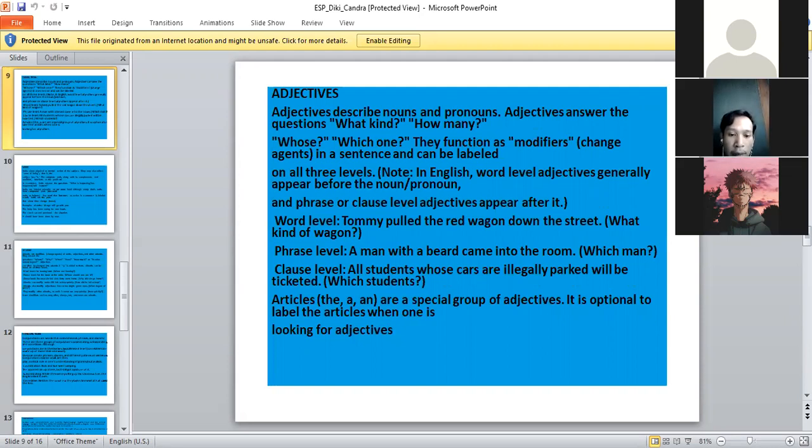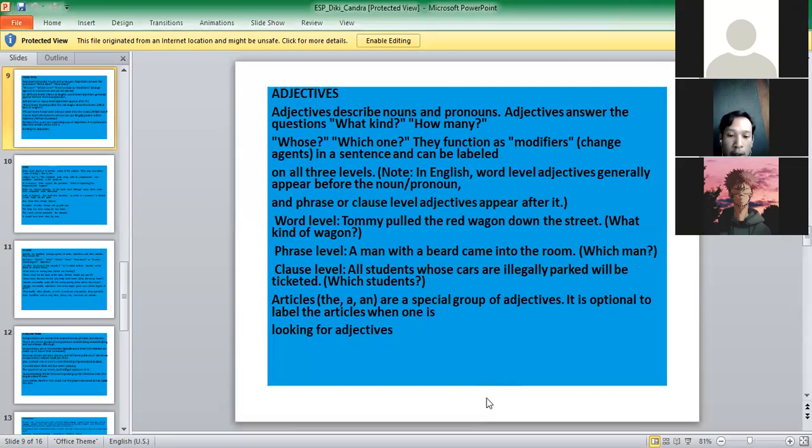Verbs are labeled primarily on the word level, although many times they have parts or helpers. Any word that functions as action in a sentence shows time change, or tense. And the next